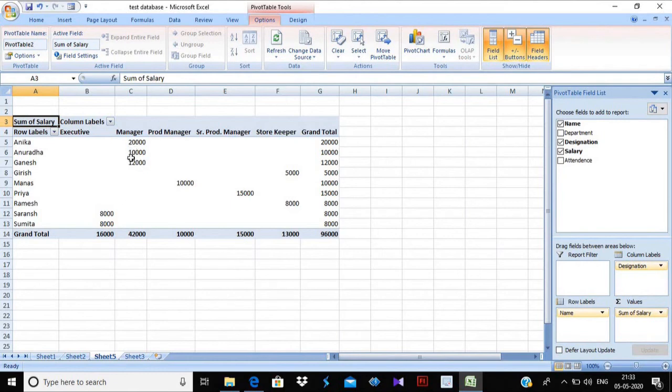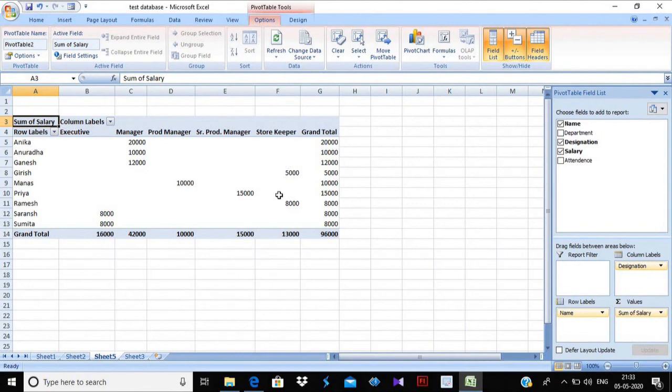So those three will get salaries of different levels. In the same way Saransh and Sumita are executives, so their salary is showing here. Then the production manager salary is showing here. It distributes the designation and the salary according to the designation.